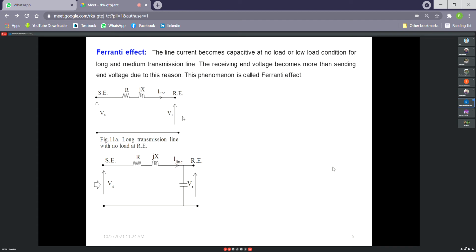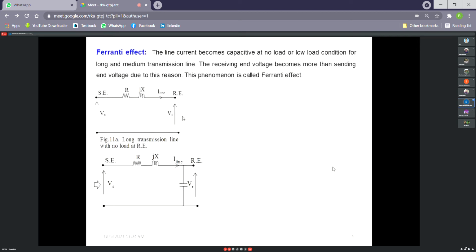We serve our purpose. But when we do the calculation numerically, as for your examination, you can see that everywhere VR is given, and from there you calculate VS. Why? Because VR is given, that means the load is specific. So for that particular voltage, the load will perform ideally. Now, if the receiving end voltage requirement is 400 kV line to line, then what will be the sending end voltage?